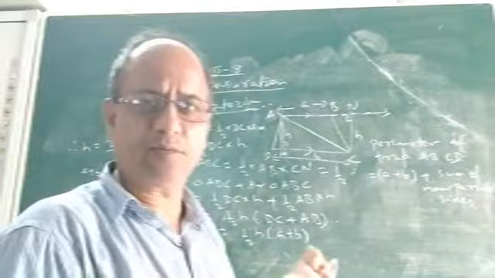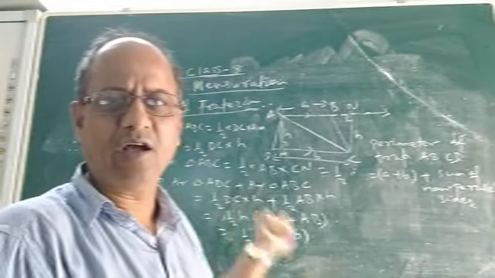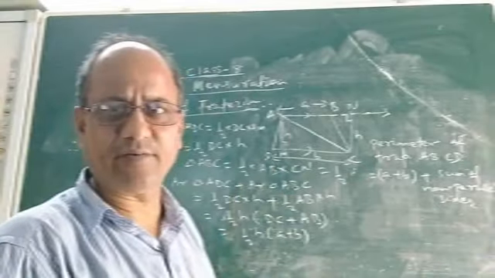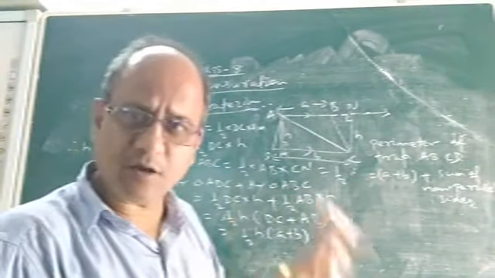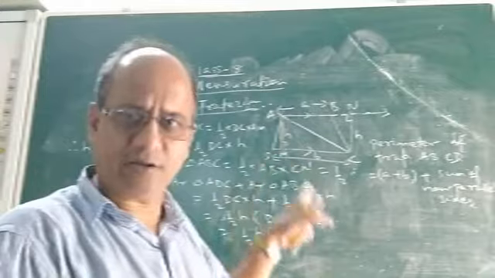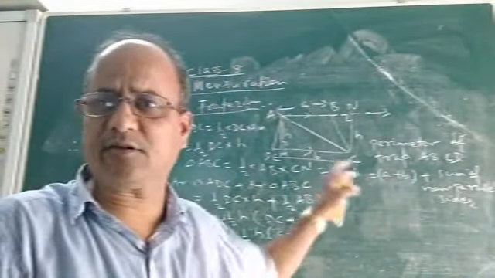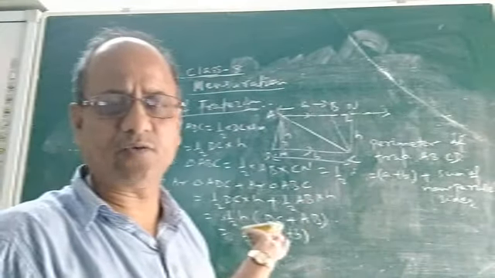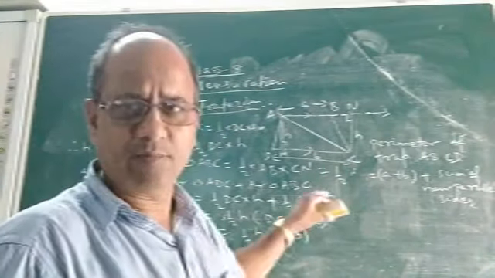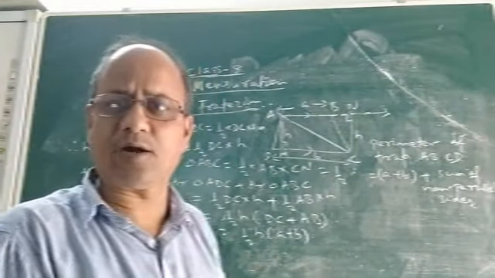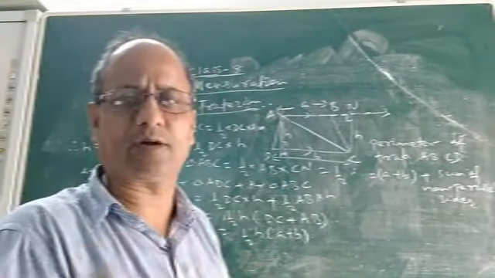Children, I hope this is all about trapezium: its area, the formula for area, how to find the height when area and parallel sides are given, how to find the sum of parallel sides when area and altitude are given, and how to calculate the perimeter. This is the total discussion about trapezium. I hope you understood, and if you can remember the formula, you can easily apply it to solve any problem on trapezium.